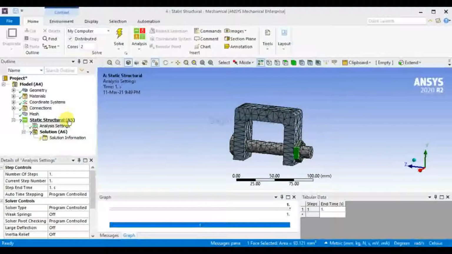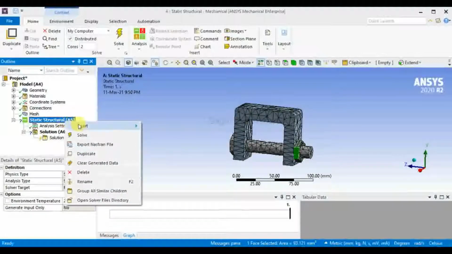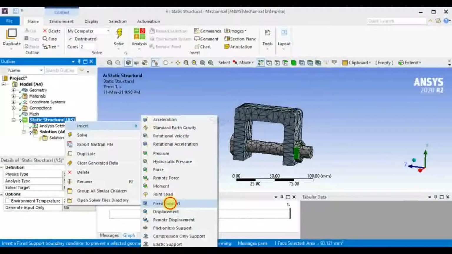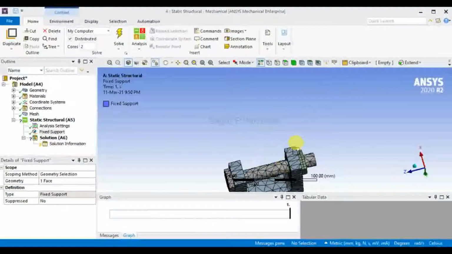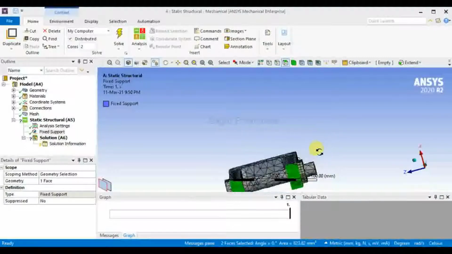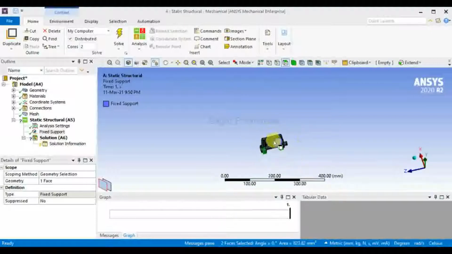So I am right clicking on static structural and inserting fixed support to the bottom of this bracket. I have selected the face. By pressing Ctrl, you can select both the faces. And click apply. So your two faces have been selected.